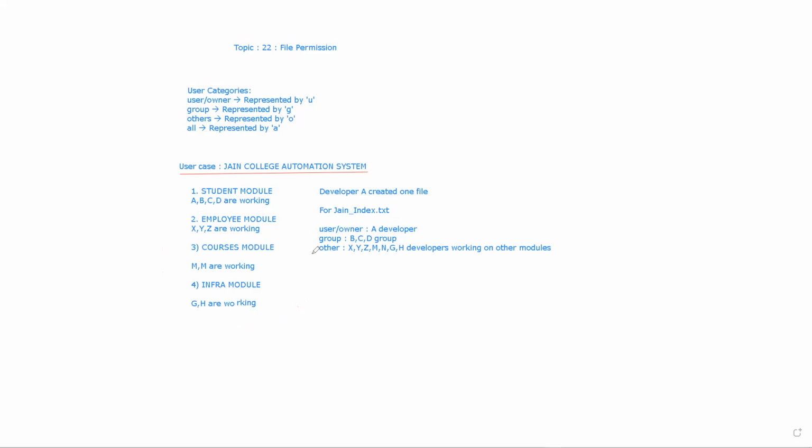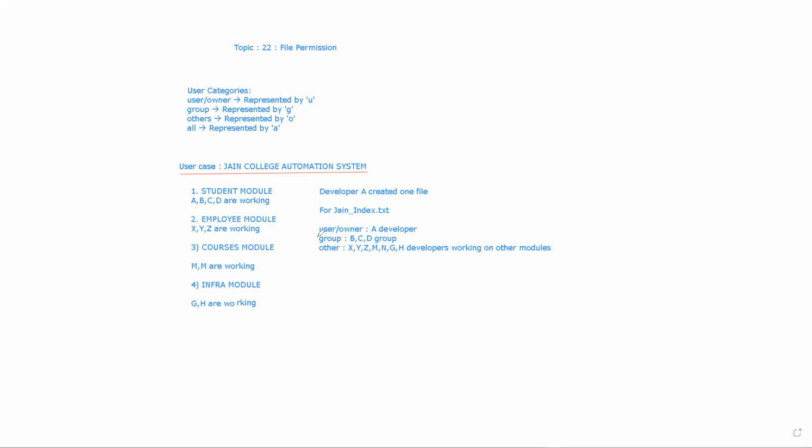Similarly, in Linux, Unix or Ubuntu, whoever is doing the operation, mainly whoever is creating the file, is considered the owner of that file. Till now we were discussing that the first 3 bits belong to the users.